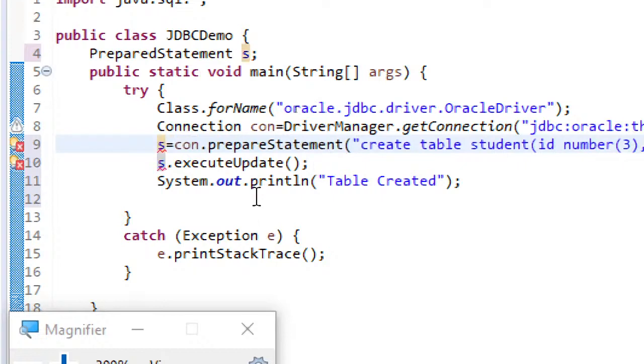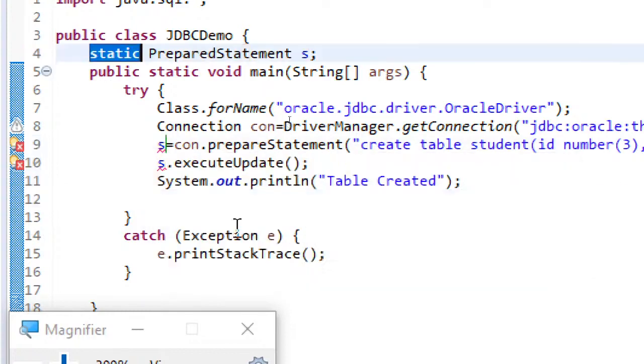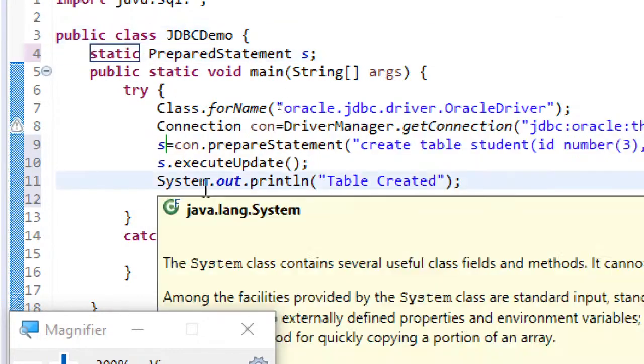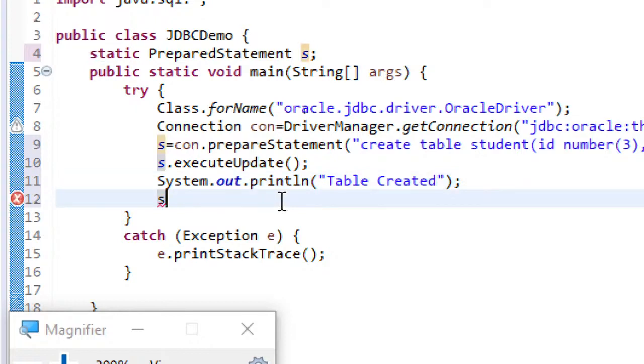And now, okay, after the table got created, we shall perform